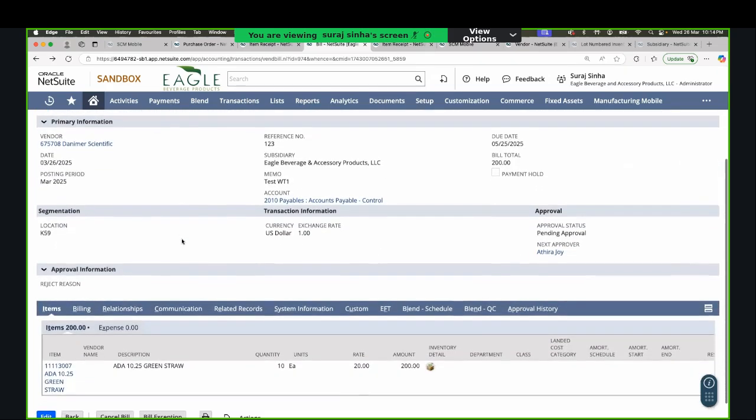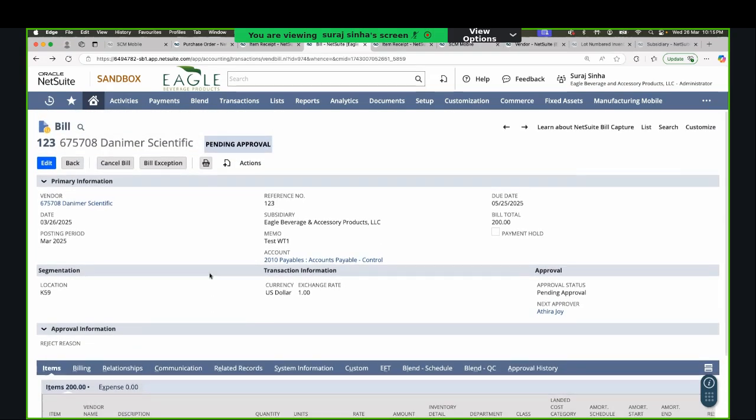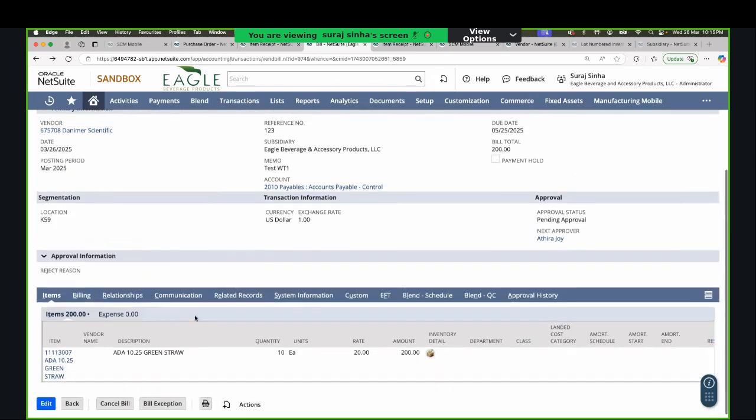Versus if the issue was the other way around, where the vendor sent you the wrong bill. Maybe what you sent as 10 was the correct one and they just fat-fingered on their end and sent you 20. In that case, you would directly edit this bill itself. They'll send you a new bill, you'll update the reference number, and you'll put the rate as 10. Or if you wanted to note the fact that they earlier sent you one, you could even void this bill and create a new bill. So the recourse of what you do really depends upon what the error actually is after you figure it out. Does that make sense,